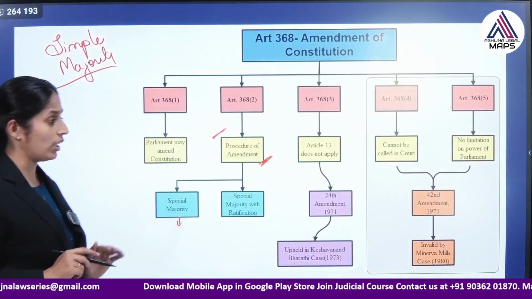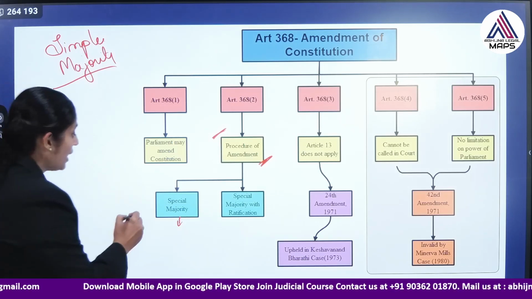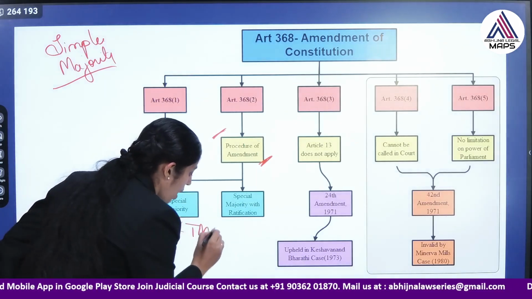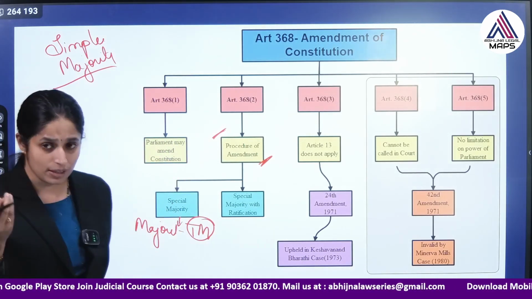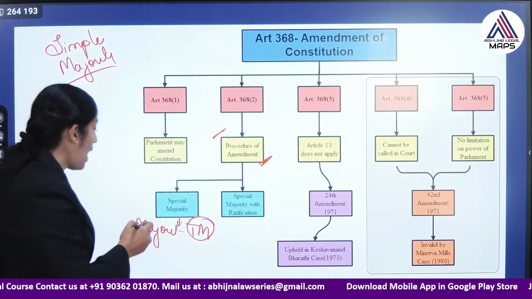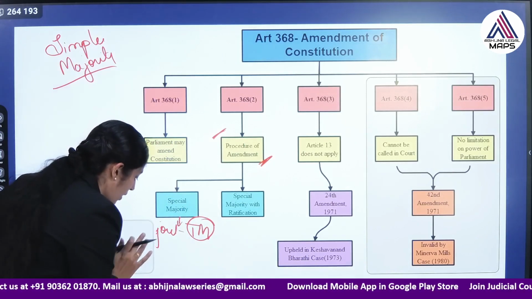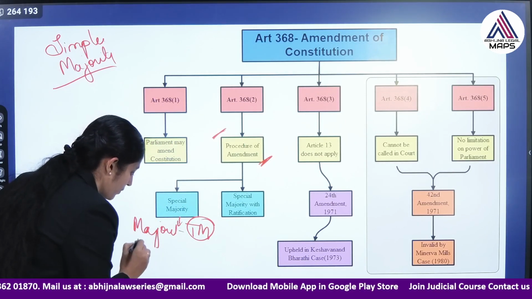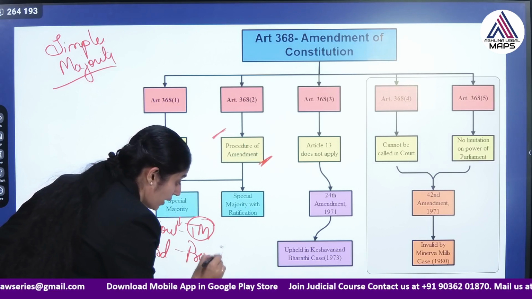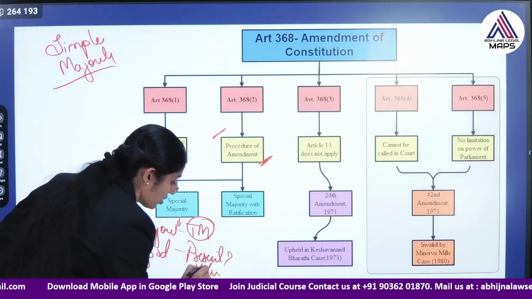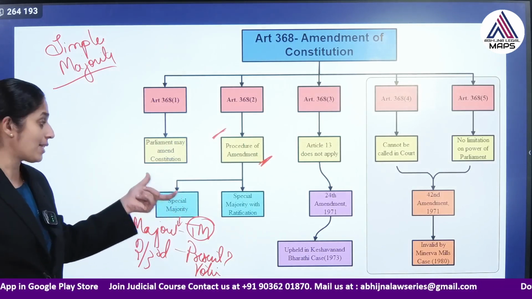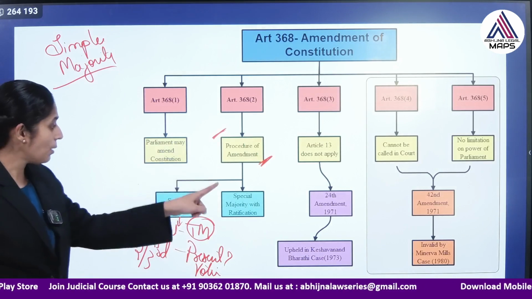One is by a special majority. Special majority requires 2 things. It requires a majority of the total members of the house. So, if any constitutional amendment is introduced in the house, it requires the majority of the total members of the house, and it requires a 2/3 majority of the members who are present and who have voted. So, these are the 2 necessary conditions essentially required when a constitutional amendment has to be passed by the special majority. There is another method